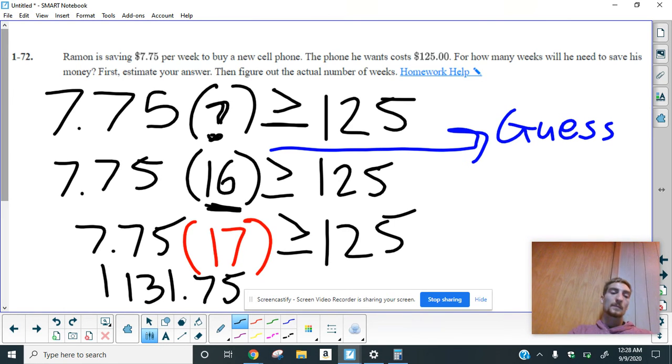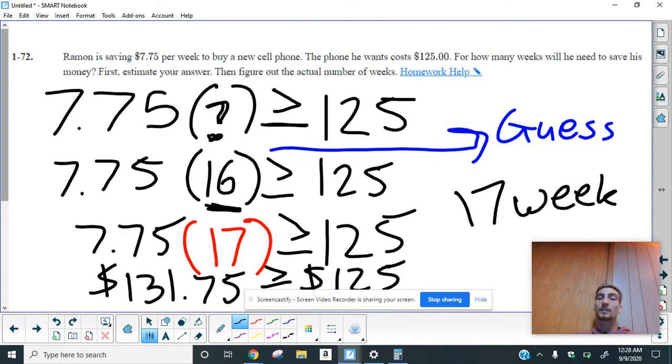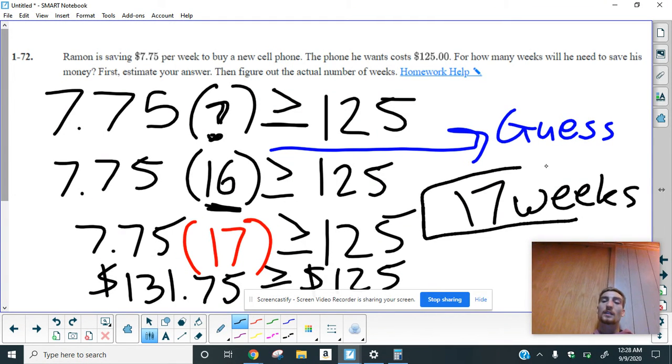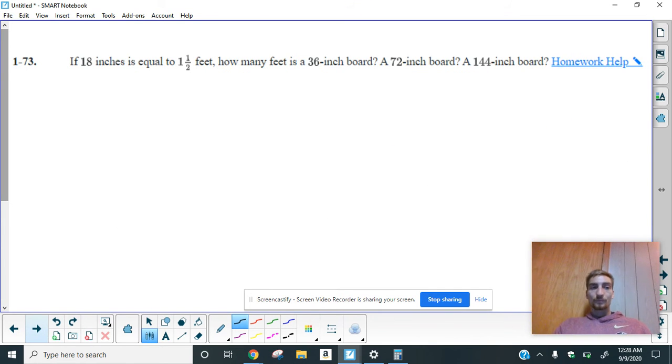131.75 is greater than or equal to $125. And so we would need to work 17 weeks. Wow, that's a lot of weeks of work to save up and buy that phone, but hopefully it's all worth it for Ramon. All right, looking at